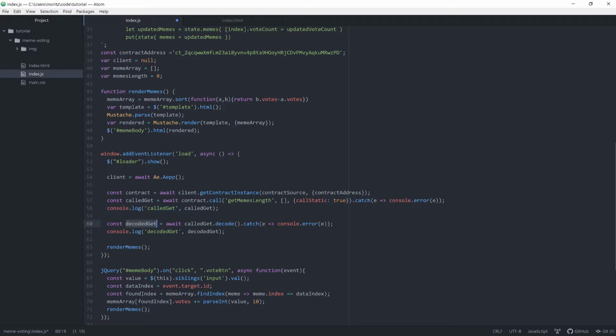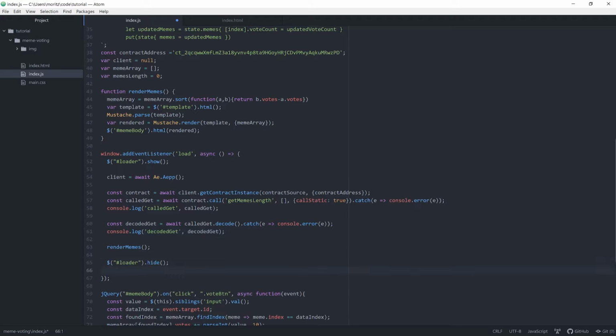So we need another constant that holds the result of a second call that can decode the data that we got in our first call. Again we will display an error and finally also log the decoded result to the console. So in our console we should now see the meme length. And let's hide the loader after we are finished.